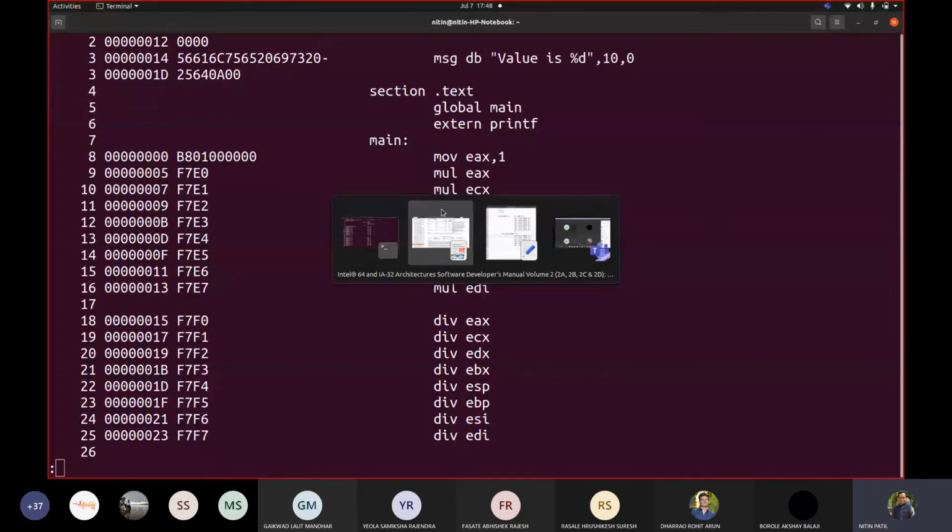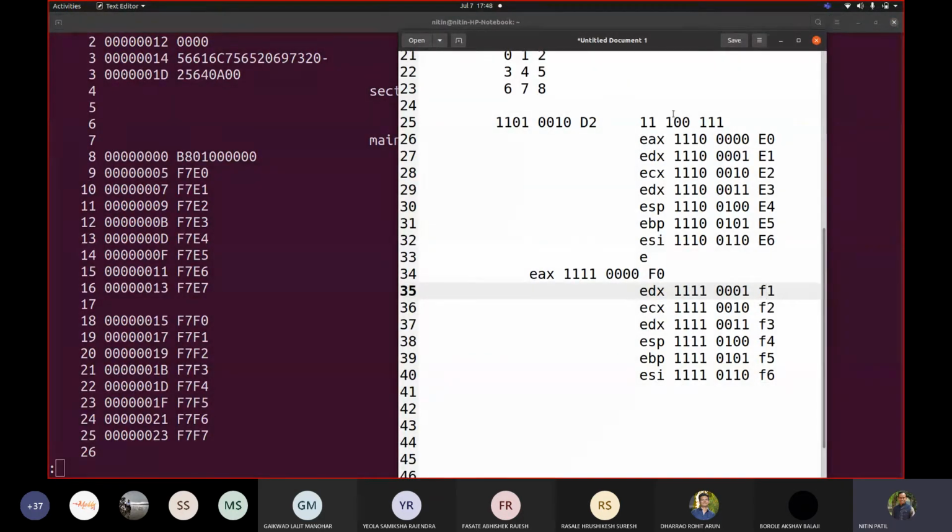What is the learning from here? Whenever I see F7 as an opcode, and in the mod rm, the 3rd, 4th and 5th bits from the left are 100, then this is a multiply instruction for me.